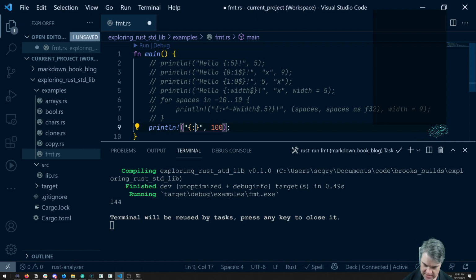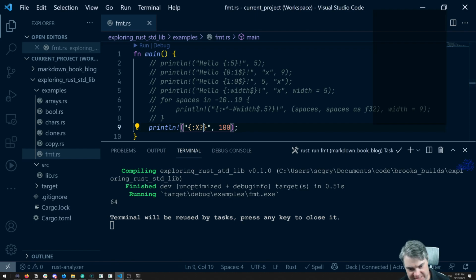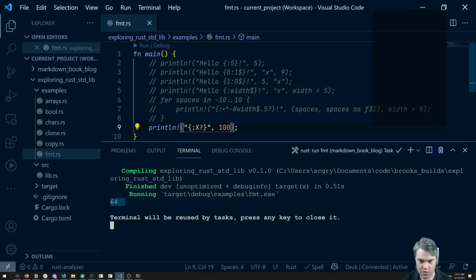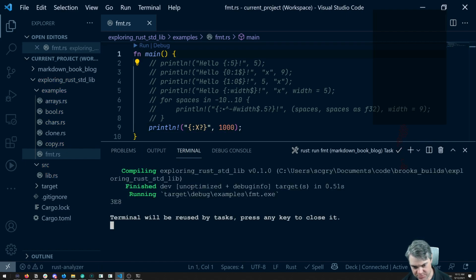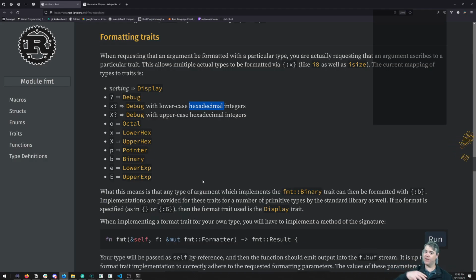Let's try that X question mark again. Here we go. Okay, so this is 64 because it's hexadecimal. If I do like 1000, 3E8 is 1000 in hex. Now, if I do the lower x, that E is going to be lowercase. I was using too small of numbers to actually see what was happening. So lower hex, upper hex,